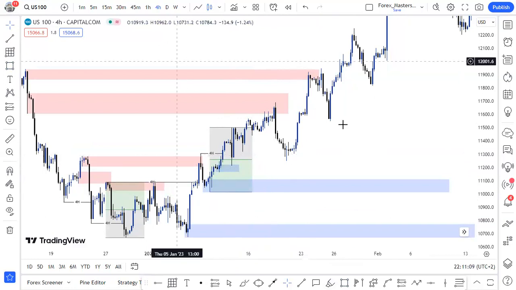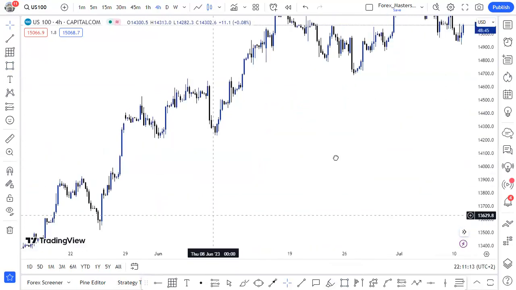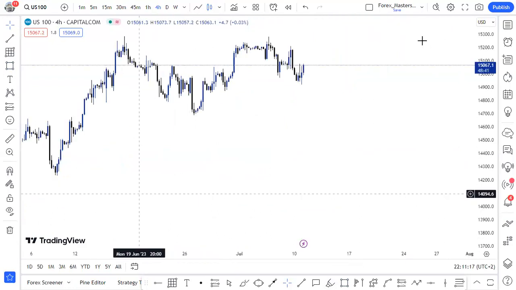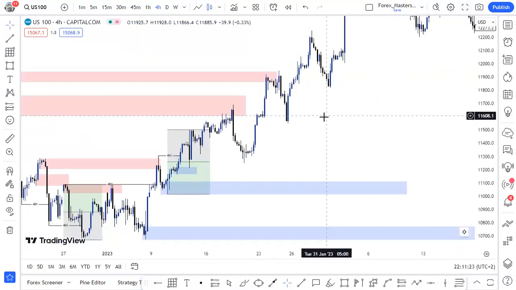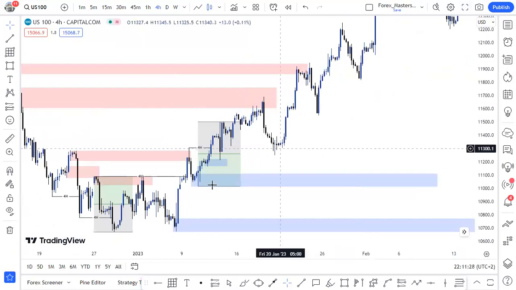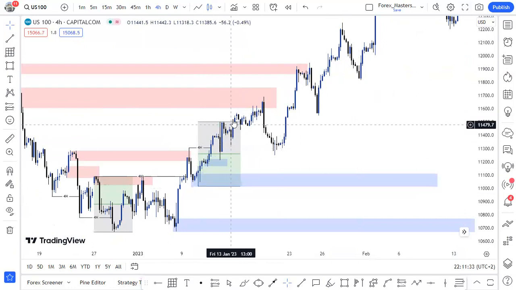But I can't go back to 1 second, 5 seconds, because I'm just using a free version of TradingView, so it's not going to allow me to do that. All right. But as we get to current price action, I'll show you now how you can use lower time frames for confirmations. All right, so we have an entry right here,